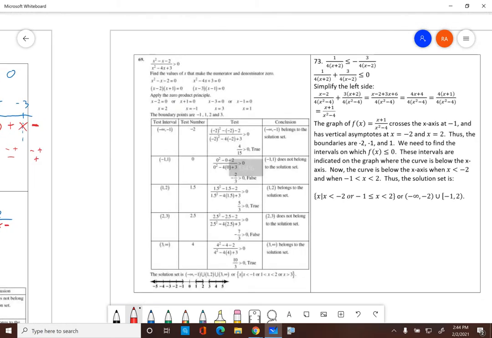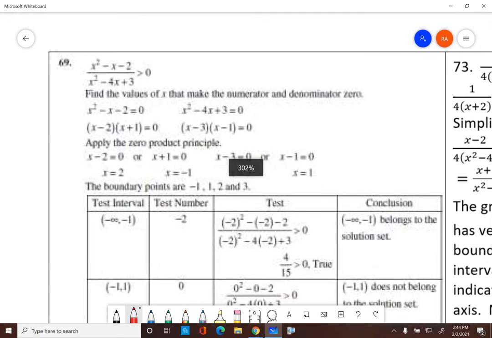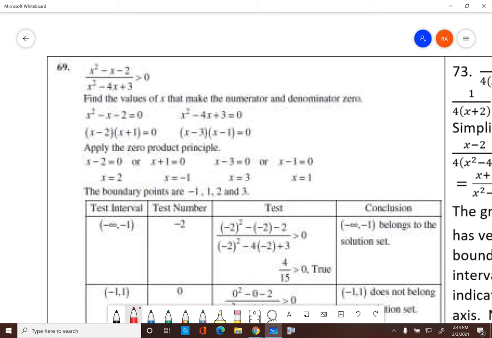All right, 2 more. Okay, for the 69, again, first thing I'm going to do is just factor this. So I'm going to get, if I factor the numerator, I'm going to get